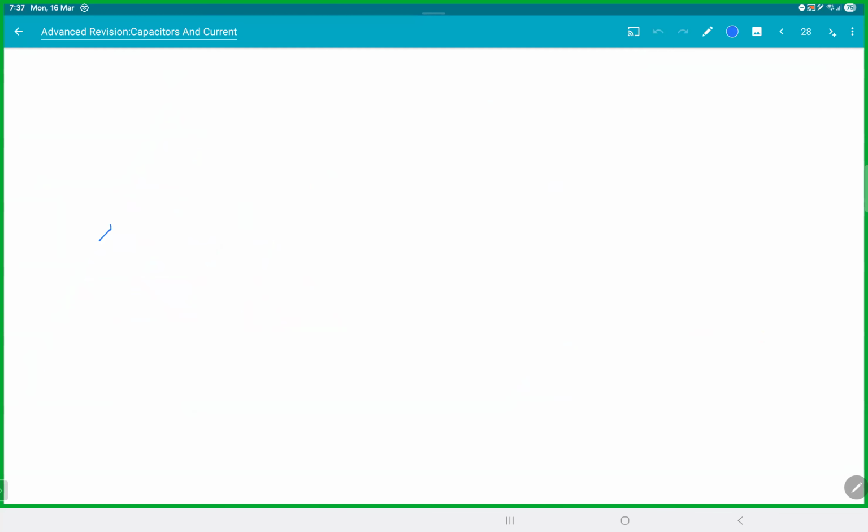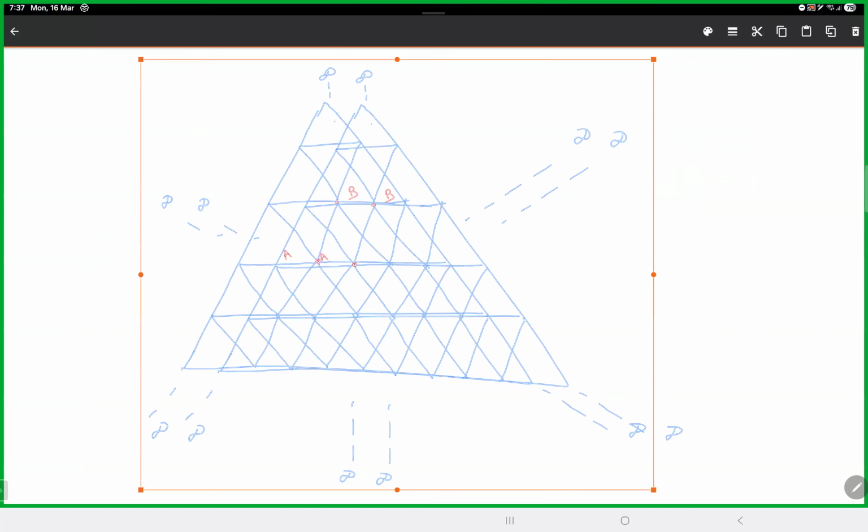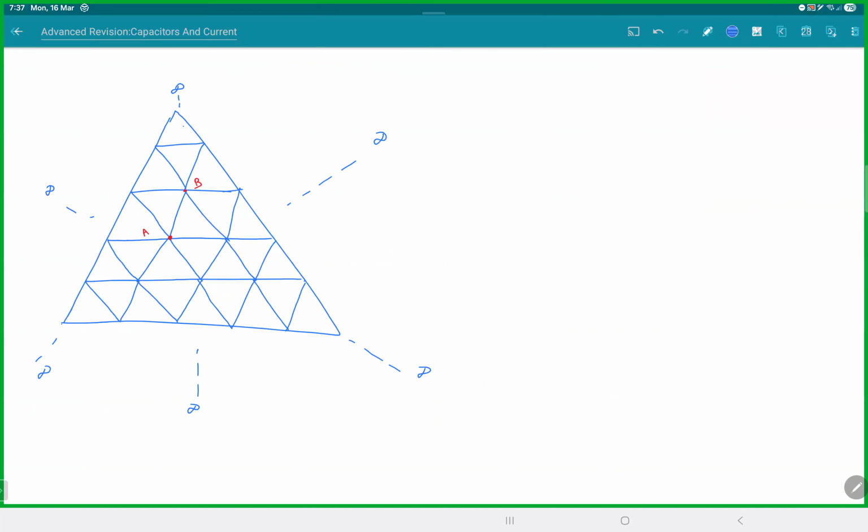Now, what did you say? You removed the resistor between B and C. So this was A and this was B. Now the problem is, remember you derived R by 2 when this system was symmetric. So this is how I will argue now. I will say, this resistor which you removed,